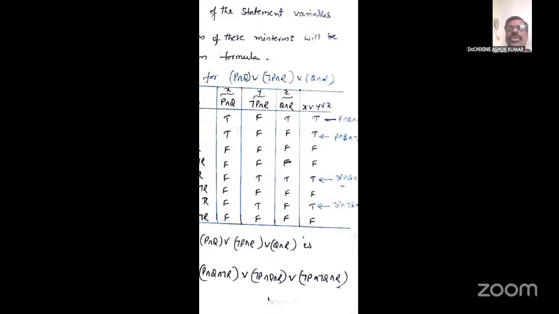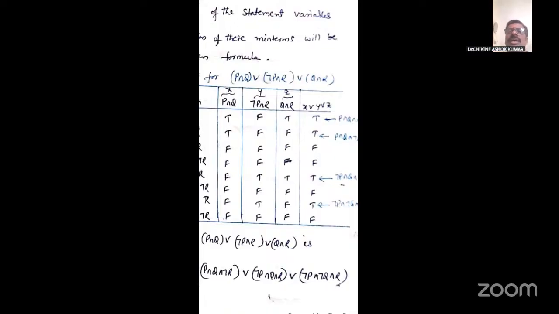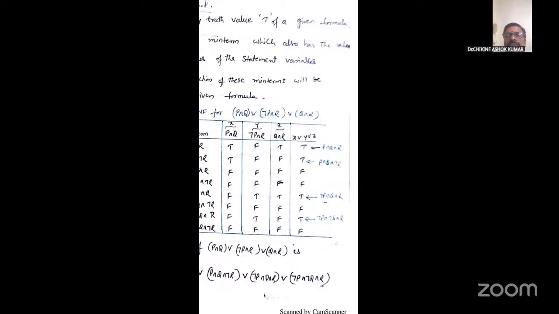P intersection Q union negation P intersection R union Q intersection R, so X union Y union Z. So again apply the disjunction truth table. If any one of these three statements is true, the result is true. Only if all are false is the result false. So here X union Y union Z,